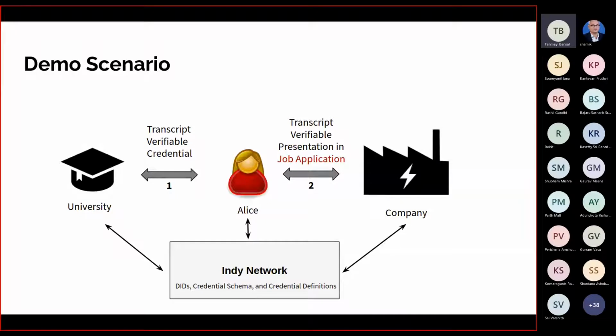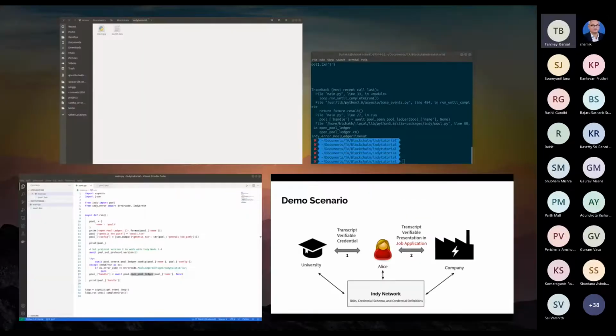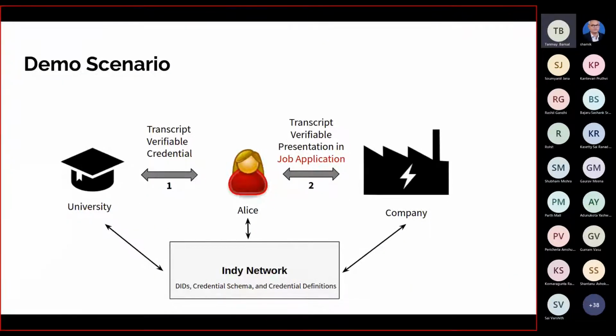Then Alice will use that transcript credential to prepare a verifiable presentation. Alice will prepare a job application for the company, and inside the job application she will enclose a verifiable presentation that will say that in some specific ways she has obtained certain marks, or different conditions also, as we will see. And both of these steps 1 and 2 are supported by the